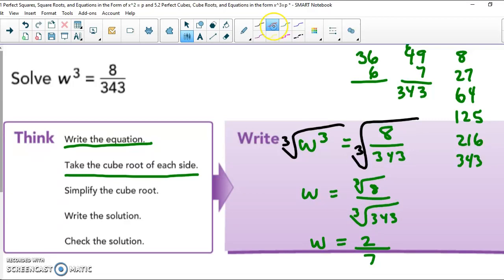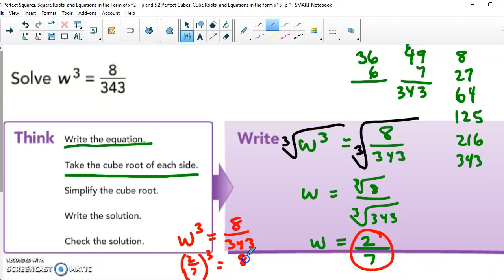But let's go ahead and check our solution. So if 2/7 is my answer, let's substitute it back into my original equation to make sure that it works. So if I put 2/7 in for W and I cube 2, that will give me 8. And if I cube